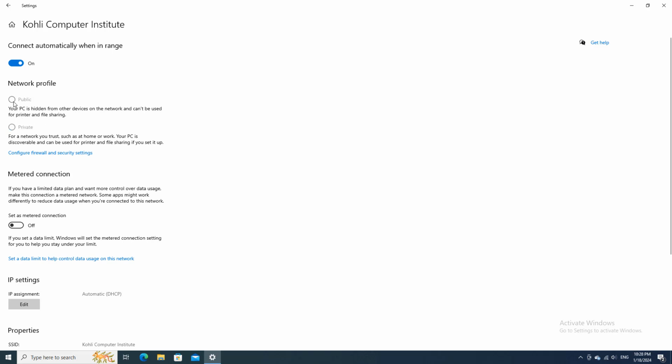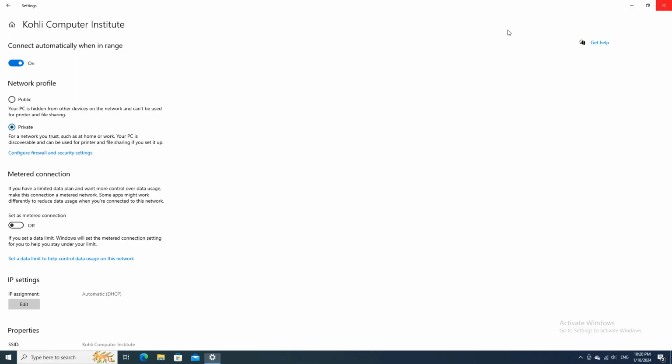So from here, you can change the network type from public to private or private to public, as you like. But I suggest that you set all of your computers on the same network to one of these profiles, either public or private. If you are connecting all these computers in your office, then you must set it to the private network, and then you have to configure the network and file and print sharing settings, and you can access that